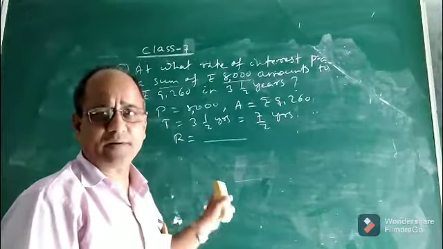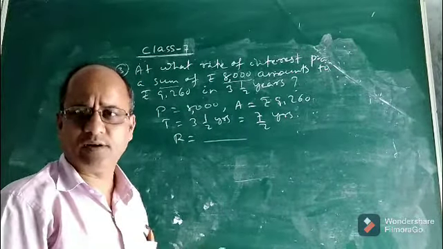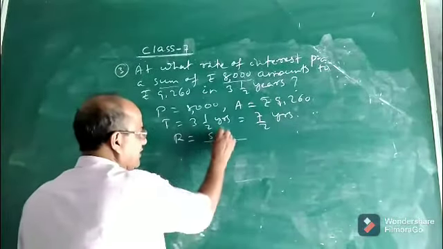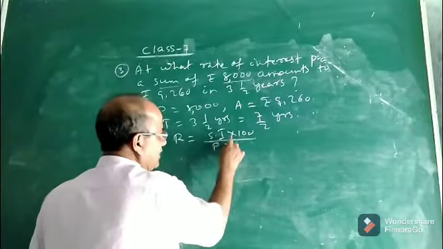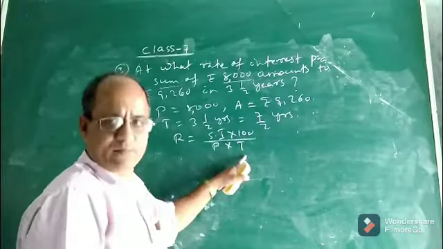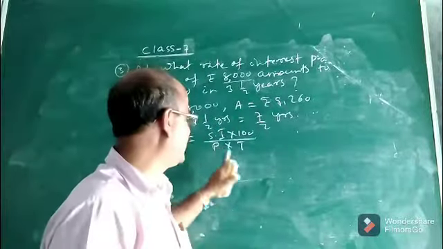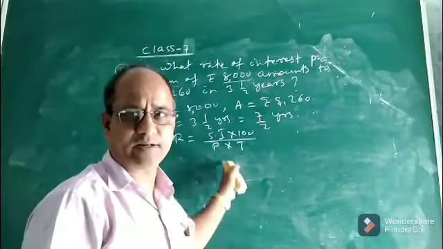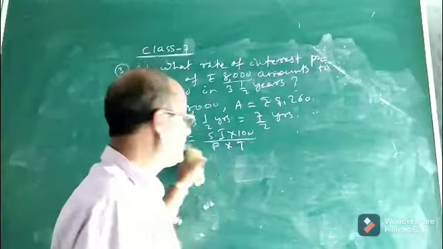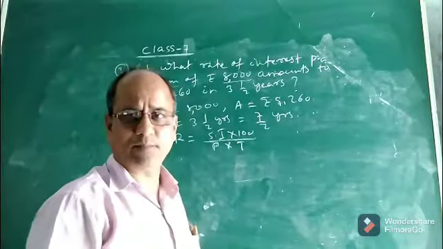So to find the rate of interest, you recall the formula for rate of interest. I hope you must have remembered. It is SI into 100 by principal into time period. You see, this is the formula to find the rate of interest. We know the time period in this question, we know the principal in this question, but we do not know the simple interest. If we can find the simple interest, then easily we can find the rate of interest. Now the point is how to get the simple interest.